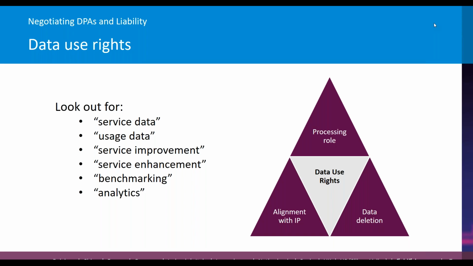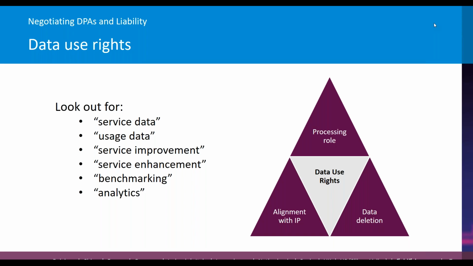terminology that you'll see. They might be collecting that data from your end users or customers for their own purposes, and usually that's addressed in the MSA, and the DPA might look like they're just performing a processor role, but then when you go and look in the main agreement, you'll see all these extra rights that they're trying to carve out. And the reason why we need to be a little bit careful about that is if you have a vendor that's trying to carve out additional rights to use your data for secondary purposes, like to generally improve the services, to do benchmarking, and to do extra analytics, which is then going to be used for broader business purposes.